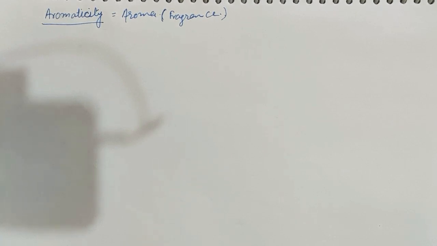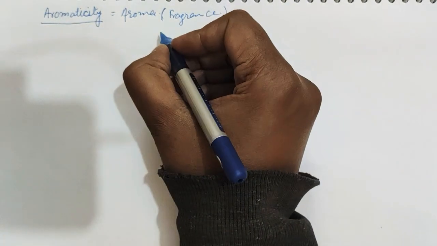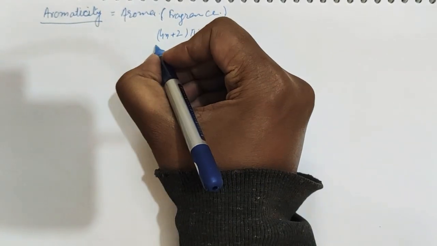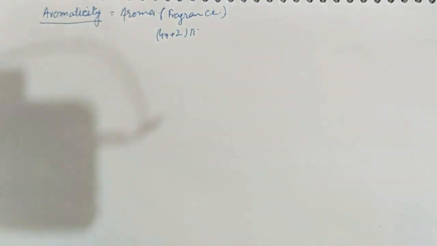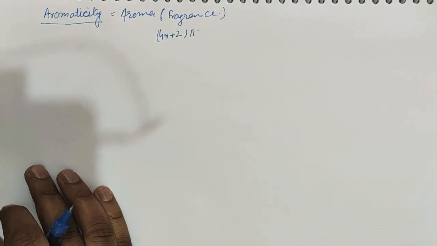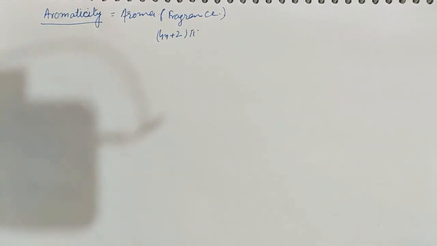But as per the scientific or technical definition, aromatic compounds are those compounds which obey the Huckel rule, that is the 4n plus 2 pi rule. So let me start. Benzene, the simplest aromatic hydrocarbon, occupies a key position in the study of the chemistry of aromatic compounds. In fact, aromatic hydrocarbons containing benzene rings or condensed systems of benzene rings are referred to as benzenoid hydrocarbons due to their structural similarity and aromatic properties.